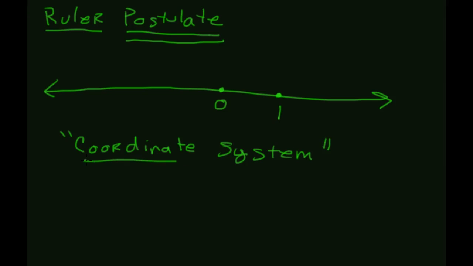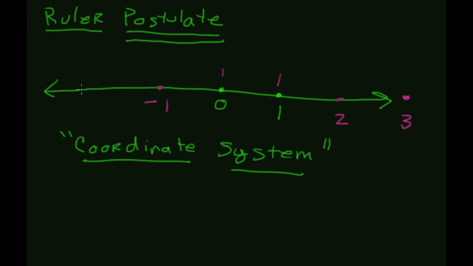Why do I claim that I know where all the other points are? Well, let's think this through. I'm going to change color here for a minute. If I know that 0 is here and 1 is here, then if I go 1 more, I'm at 2. And then somewhere down here is going to be 3, and if I go in the other direction, I'm